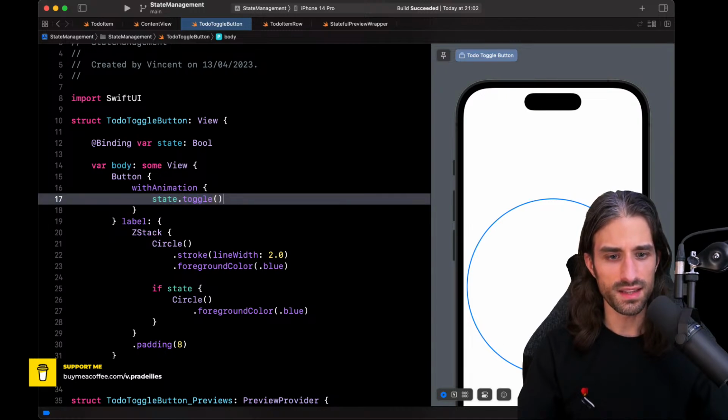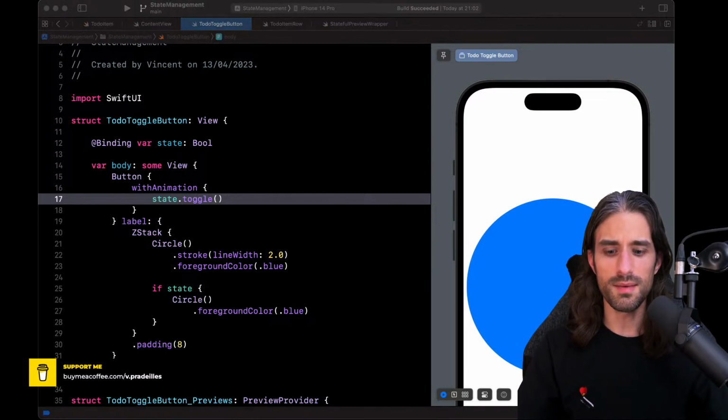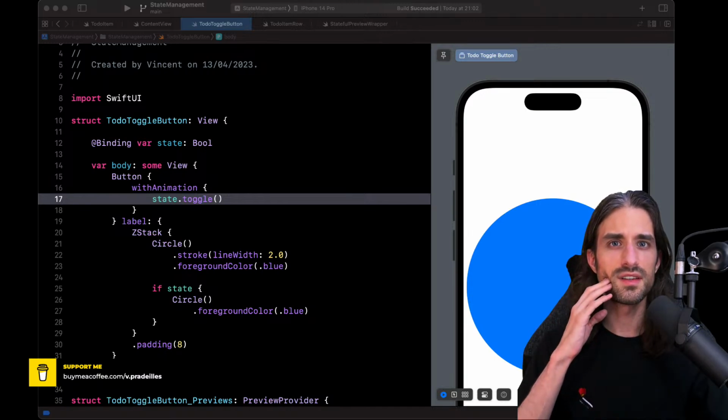So let's see, did it make a difference? Yes, you can see now the animation looks much better. There is just a bit of a weird thing. I'm looking at the finished project to see if there is the same weird behavior.